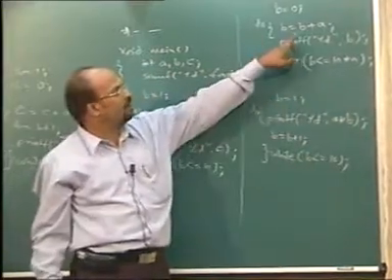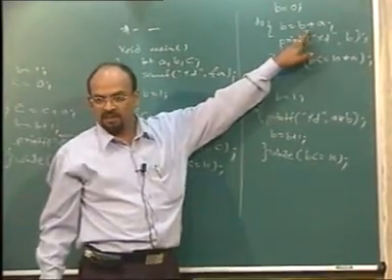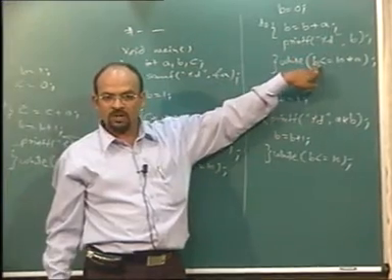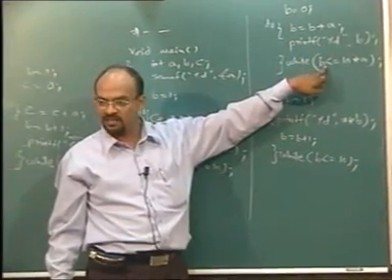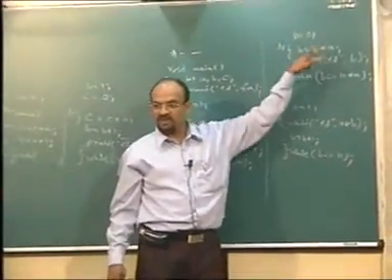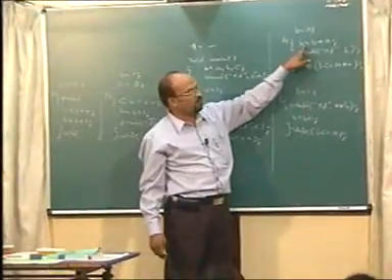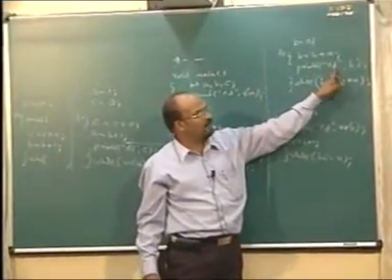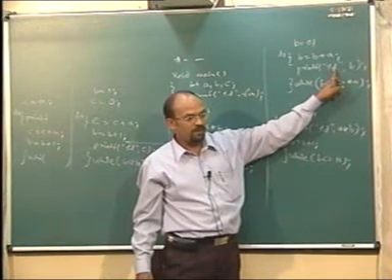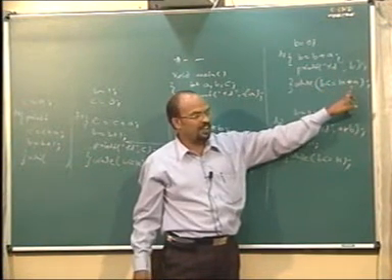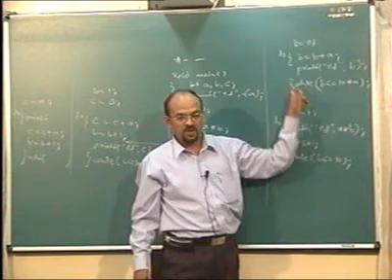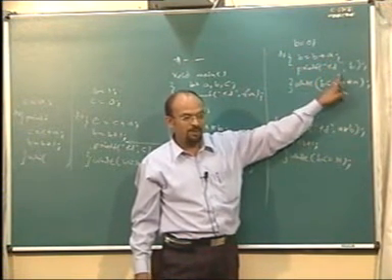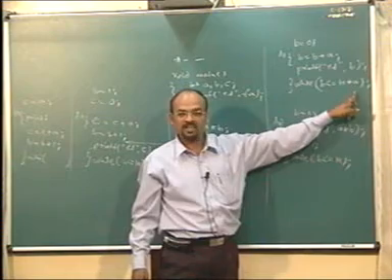11 less than or equal to 110, yes. We go back, B is already 11. 11 plus 11 will become 22. We print 22. 22 less than or equal to 110, yes. We go back, 22 plus 11, 33. When it becomes 110, 110 will be printed. 110 less than or equal to 110 is true. We go back. It is incremented, it becomes 121. 121 will be printed and 121 less than or equal to 110 is false.